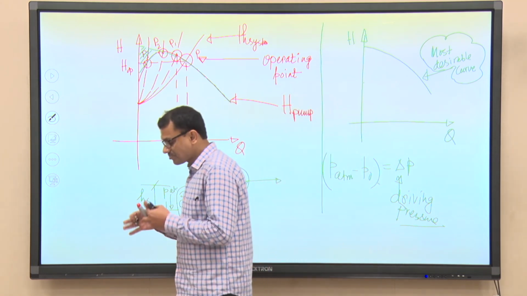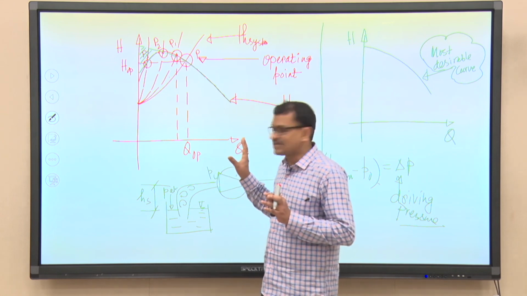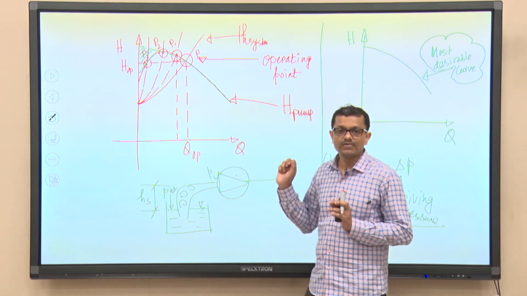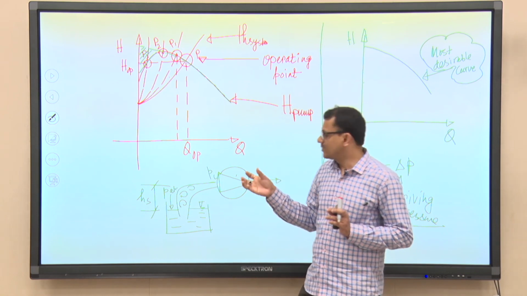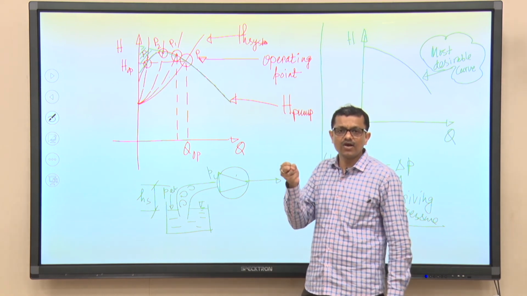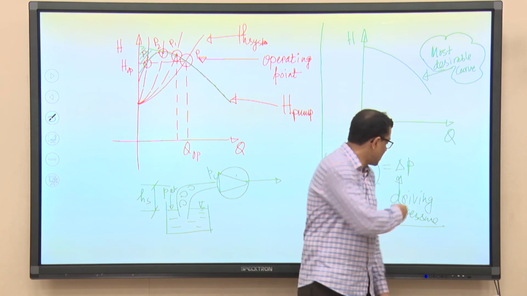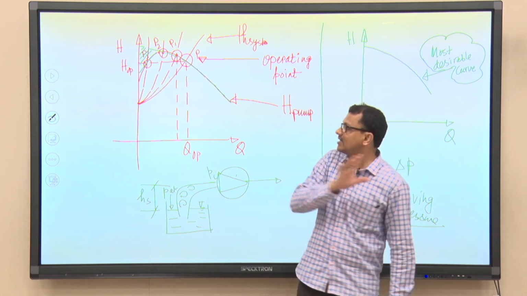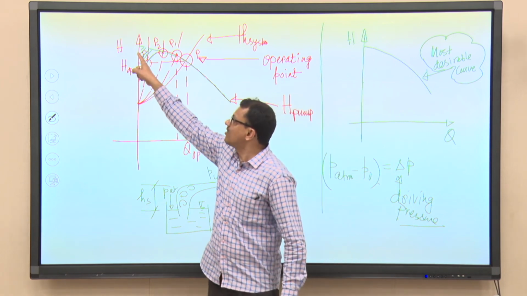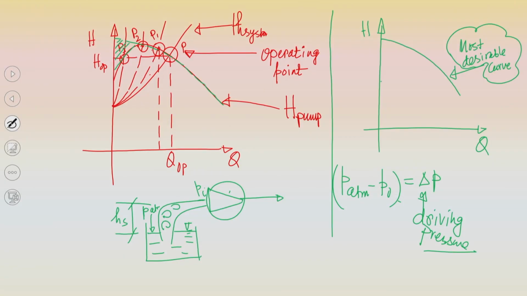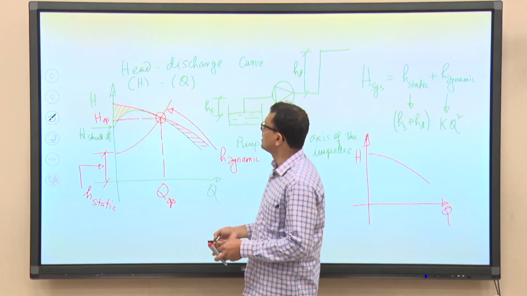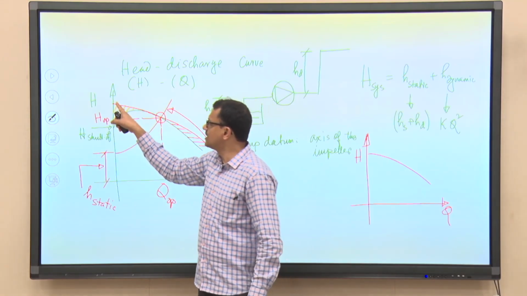At least that part we will be discussing, but for the time being we can understand that eddies are formed, and if the eddies are formed, they will destroy a significant portion of the driving force, and that is reducing the shut off head from H shut off drastically. In fact, if we go to the previous slide you can see that shut off is getting reduced from this point to this point.